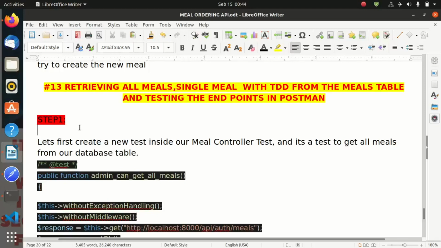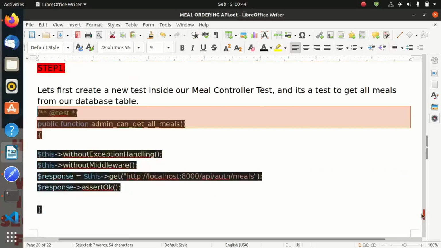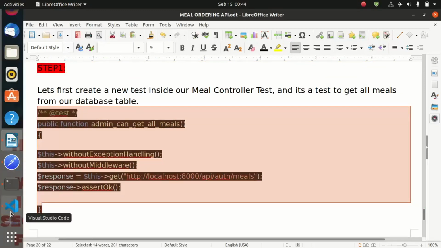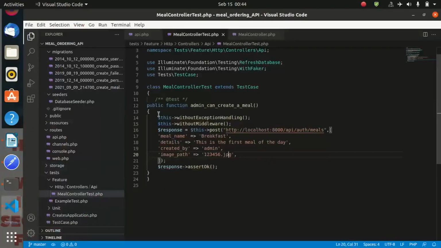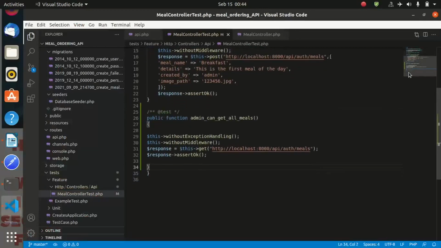So step number 1, we are going to create a new test, and we are going to call this test admin can get all mails. So let us go ahead and create this test inside our mail test controller. Inside our mail test controller, here let us put this test, and as you are seeing,